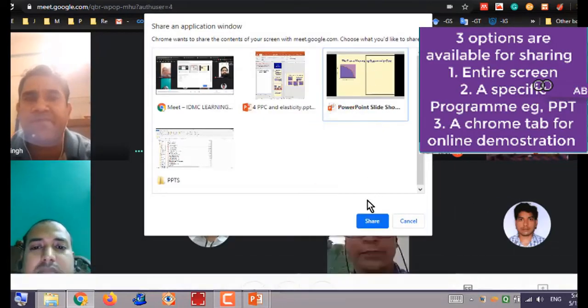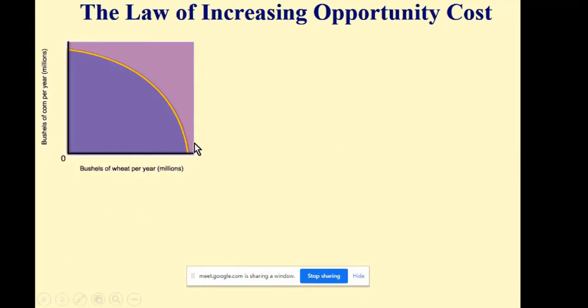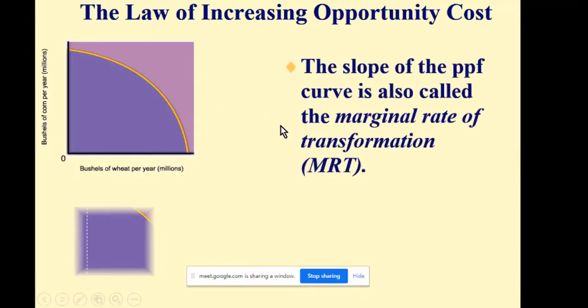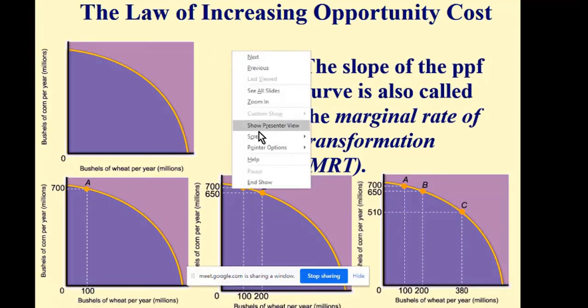If I want to share only the presentation, I can select that. Otherwise, I can select the whole screen. Now I have shared only the PPT, so they can easily see what I am doing. This is the PowerPoint presentation.